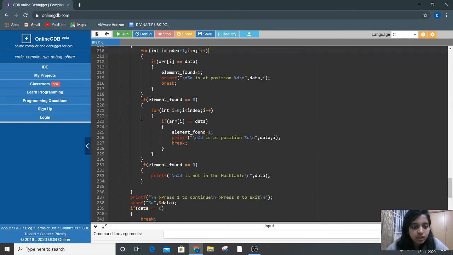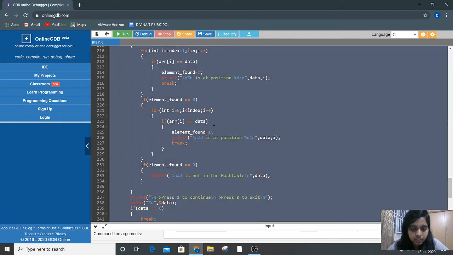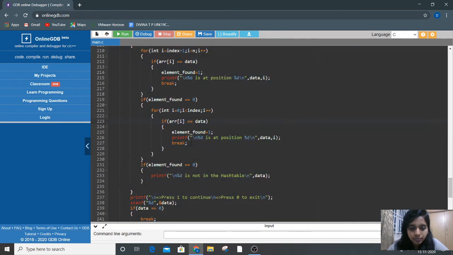Or else, if element found is equal to 0, then I have given a for loop to go through the array to find the element. So array of I equal to data, we will be finding that. If it finds it, it will show this particular number is at the position.